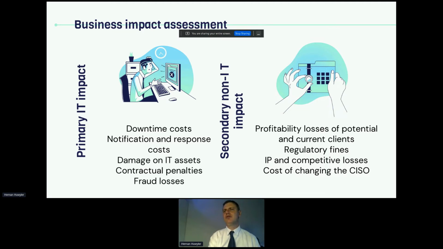However, when it comes to the non-IT impacts, when it comes to understanding how much the reputational impact of the IT risk will be, we are struggling, and we are struggling a lot. We are unable to understand the regulatory fines. We are always saying GDPR fine, and we are just always over-evaluating these losses.